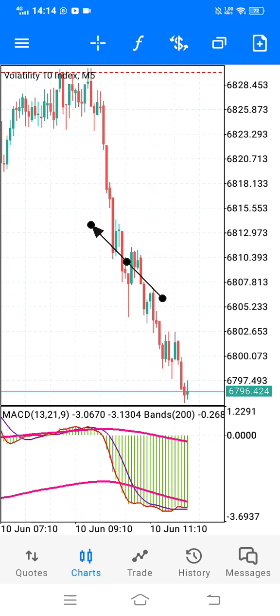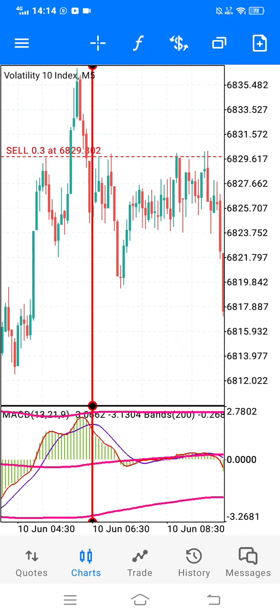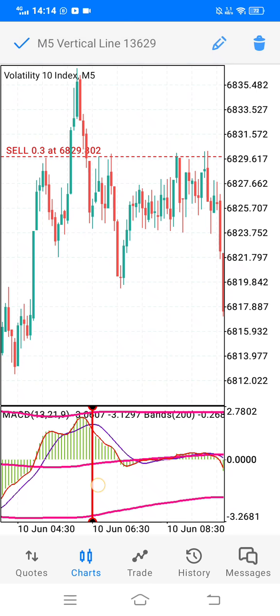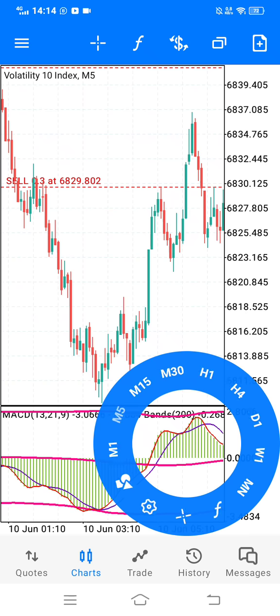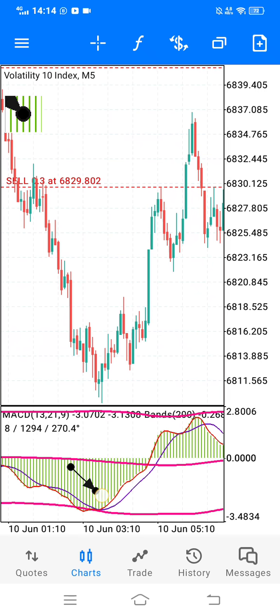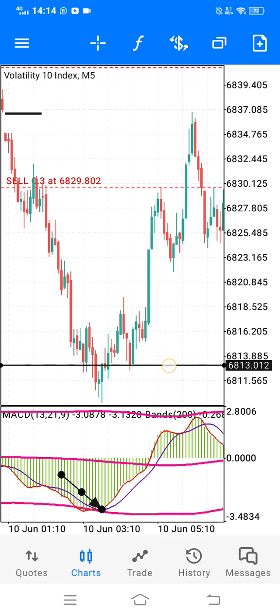So now let's just go back and test it some more. It's a very powerful strategy, guys. Very powerful strategy. So right over here, the purple line crossed, but the MACD touched the lower band. Okay, the MACD touched the lower band, and the purple crossed. So what do you do? You enter your buy position somewhere over here. You would have entered